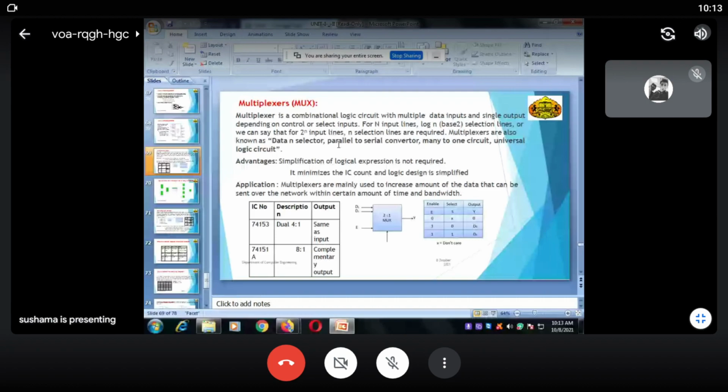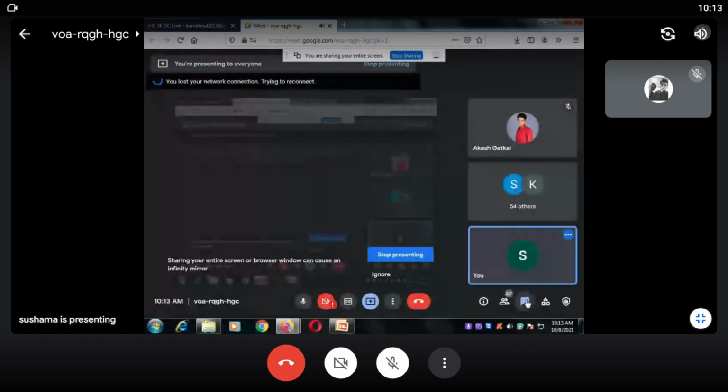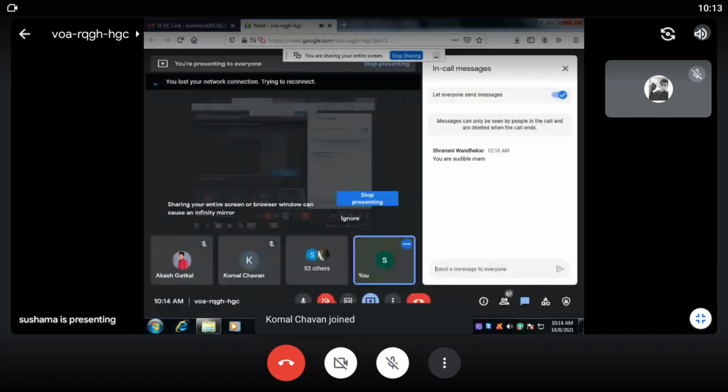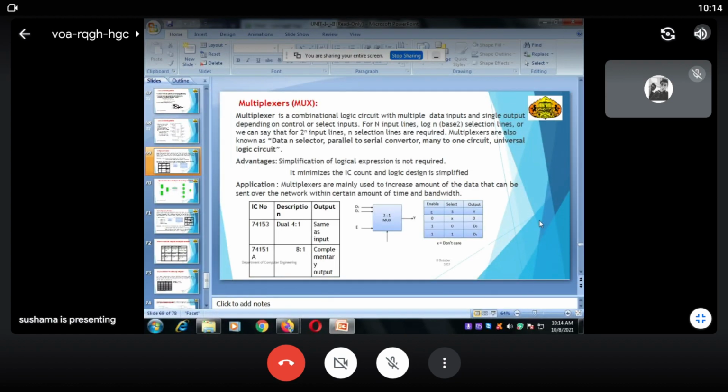Do you know something about multiplexer? 2 raised to n input lines, and n selection lines. Suppose there are 2 selection lines, then what will be the